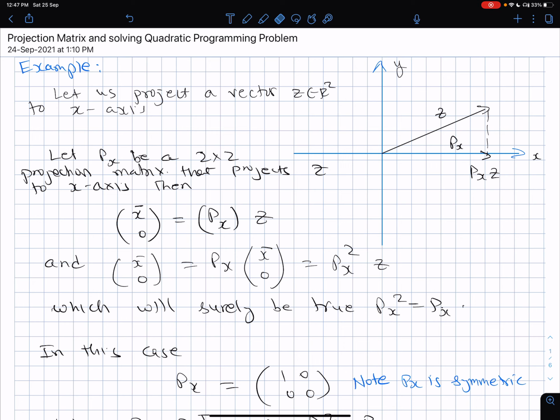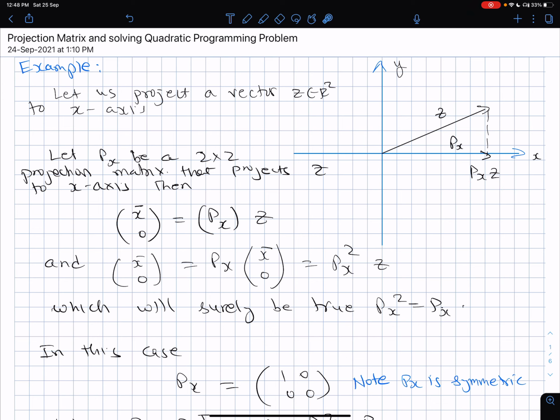All right. So to bring in the notion of projection, just consider a simple problem of projecting a vector z in the two-dimensional plane onto x-axis. You could also take it y-axis, but I am projecting it on the x-axis. And algebraically or in matrix algebra, I want to write this projection as a pre-multiplication of the vector z by a matrix Px. So since my z is a 2 cross 1 vector, my projection matrix will be a square matrix, which is a 2 cross 2 matrix.